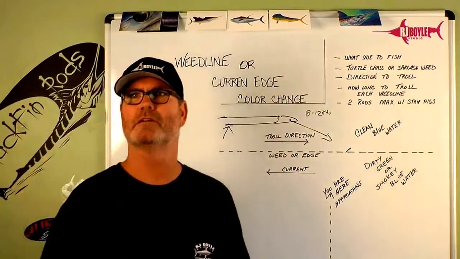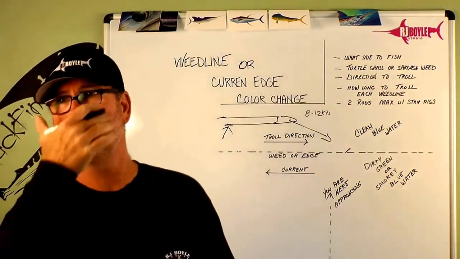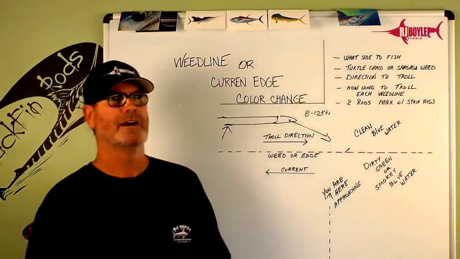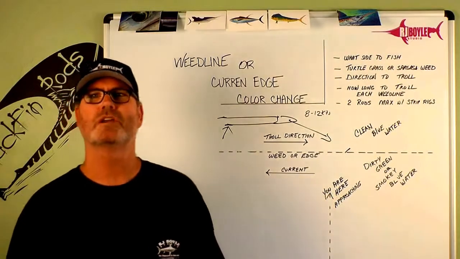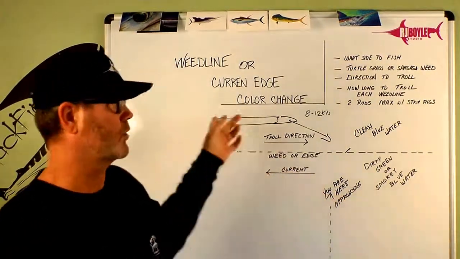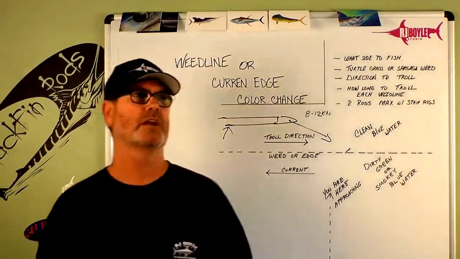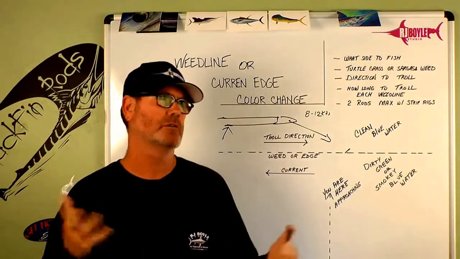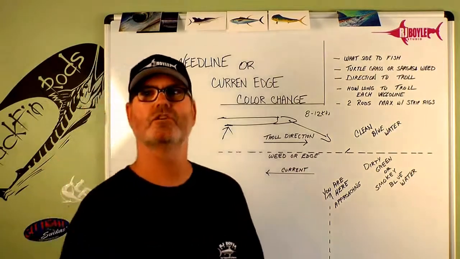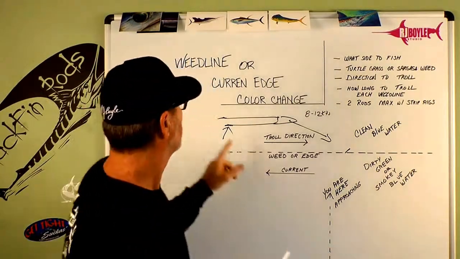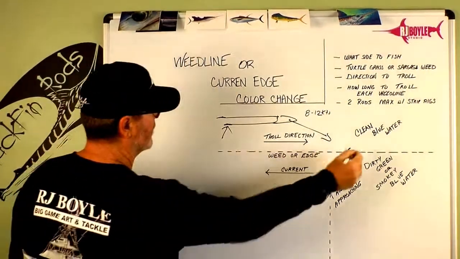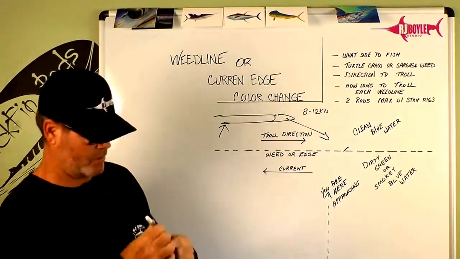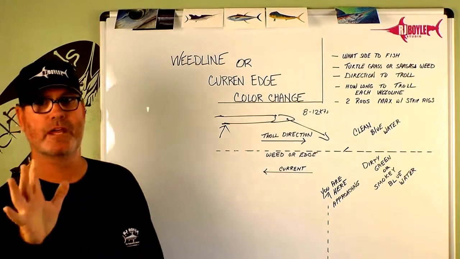Yes, sir. Go ahead. When you're trolling on a weed line, how close do you get to it? Great point. The question was, how close do you get to a weed line if you see one or an edge? And that is a great question, I got to tell you. I would say if I had a comfortable number, 100 feet to 200 feet. If this edge or a weed line is off either side of my boat, you have to remember that a dolphin